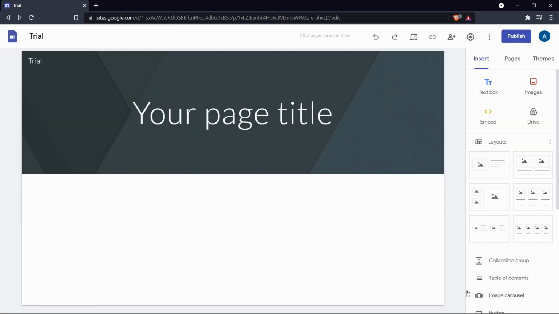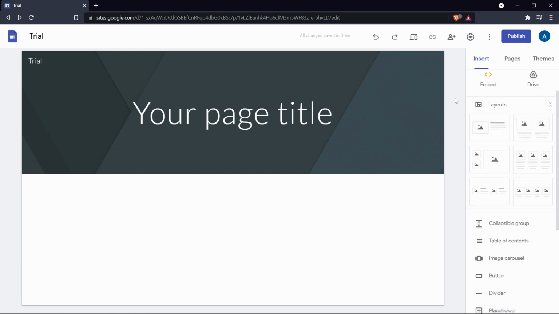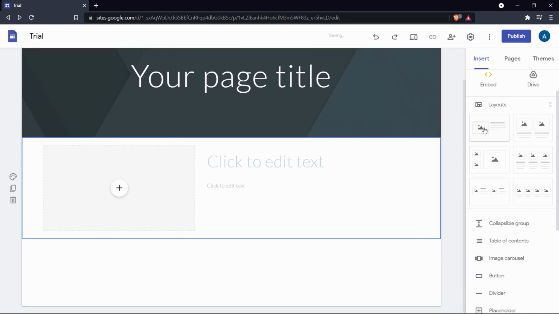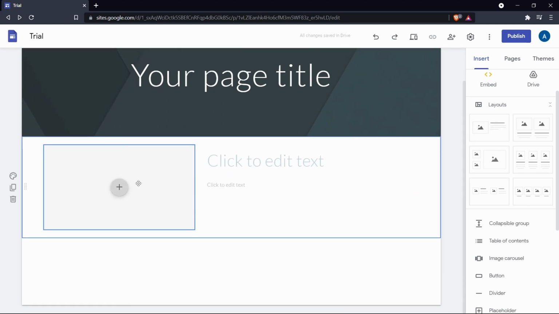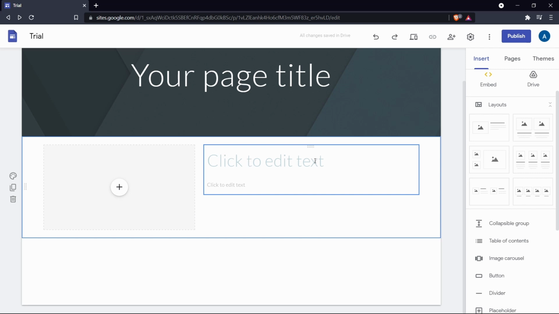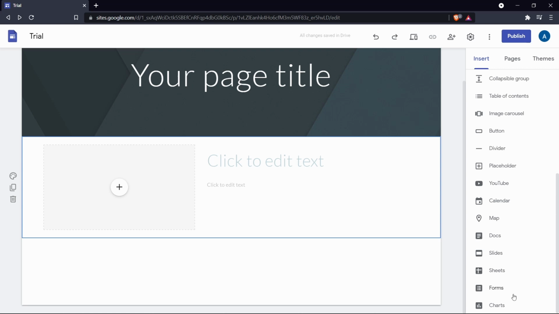After that I'll quickly show you all of the tools which you have over here. So first is to insert. So you can insert many things like a text box, images, then you can embed or add files from your drive. After that they do have some default layouts, so you can see how it'll look. They have a picture and then some text next to it. So if I select it, you can see that I can add a picture over here, and then next to it I can add a title, and then I can add a caption below that. And over here you can see that they have tons of options, so I'll cover the important ones in this video.